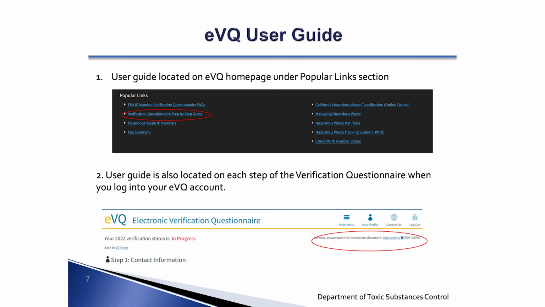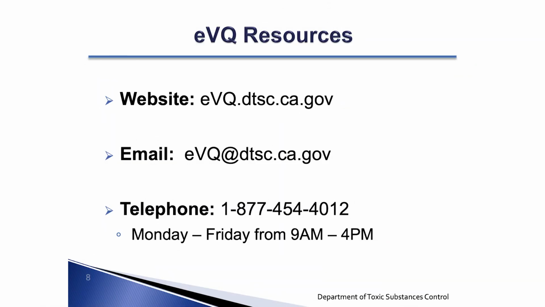For the verification questionnaire user guide, you'll see a link to the guide on the bottom of the eVQ homepage. The link to the guide is also located on each step of the verification questionnaire. If you have any questions about the verification questionnaire, call us at 1-877-454-4012. Our telephone hours are Monday through Friday from 9 a.m. to 4 p.m. You may also contact us by email at